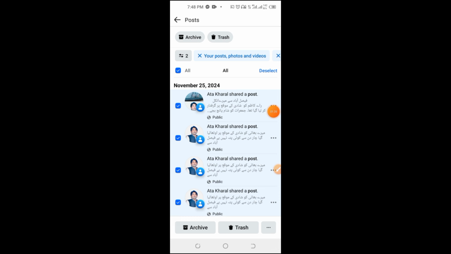Remember, deleted posts will stay in the recycle bin for 30 days before being permanently removed. You can also manually empty the bin if you want them gone immediately. Now, let's